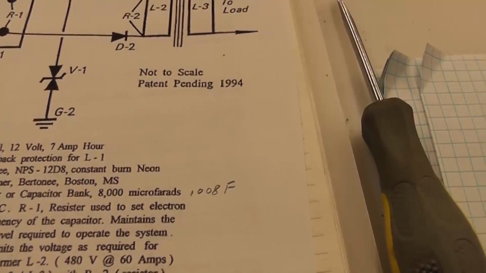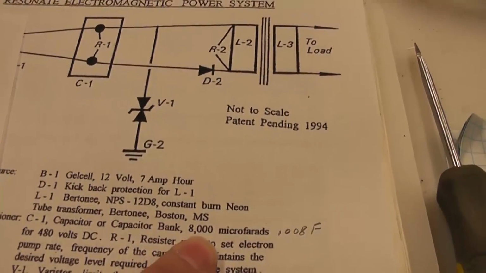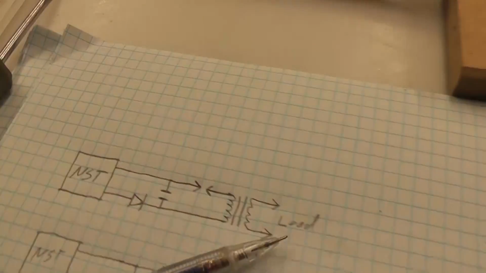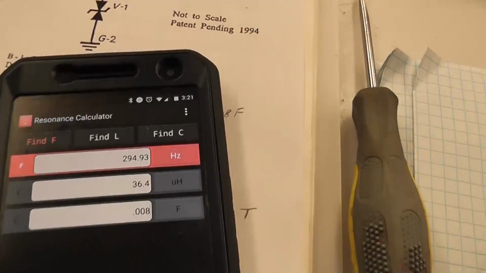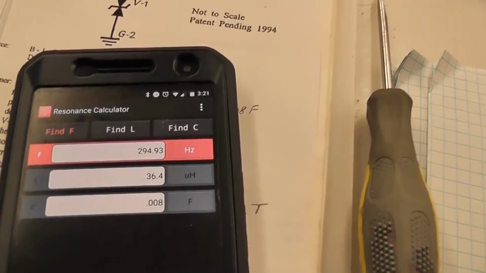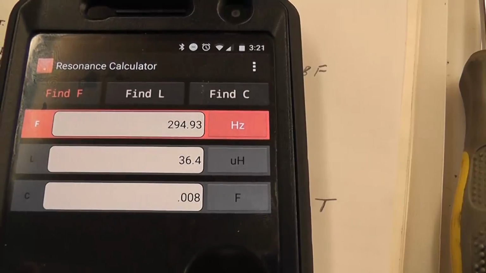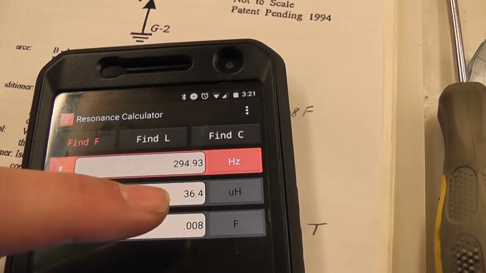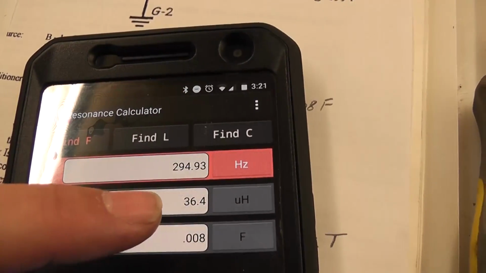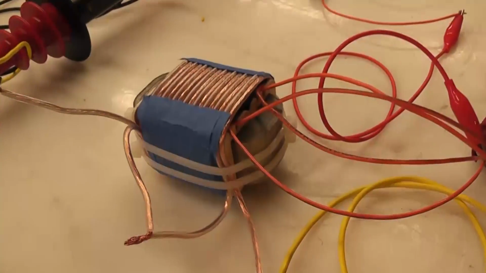Now, this capacitor right here, I believe, is the capacitor that goes right here. How do I believe that, or what makes me say that? Well, I got this handy dandy little app on my phone here, and wow, it's really terrible. It's not in focus very good, huh? What this tells me is if I want 0.008 farads, then I need an inductor that's this size, which is my inductor actually. That's this guy right here. I measured him